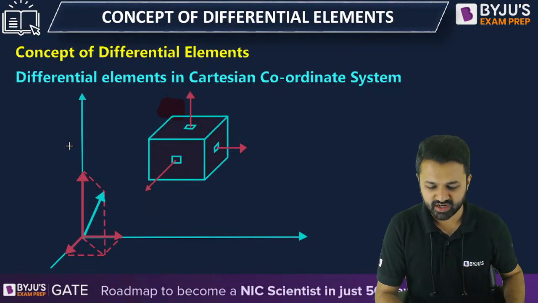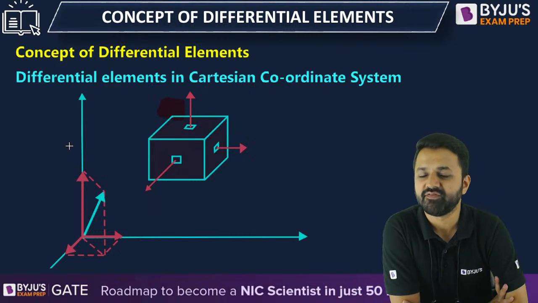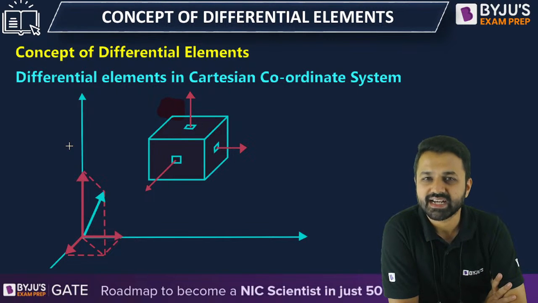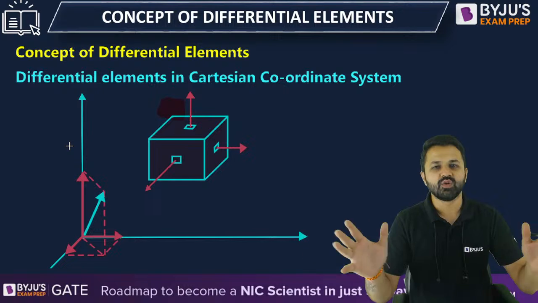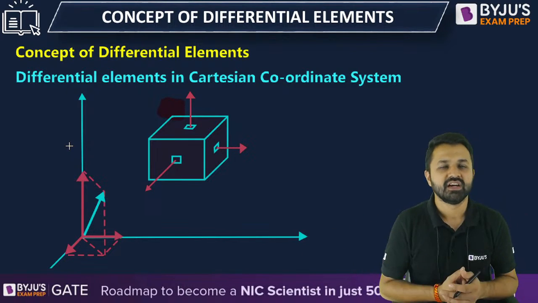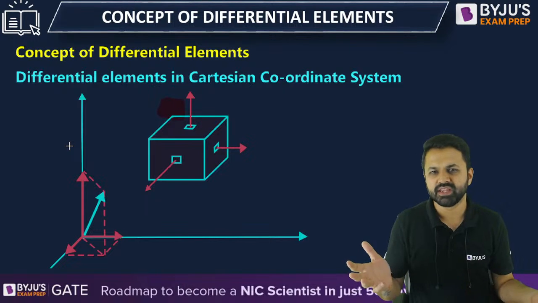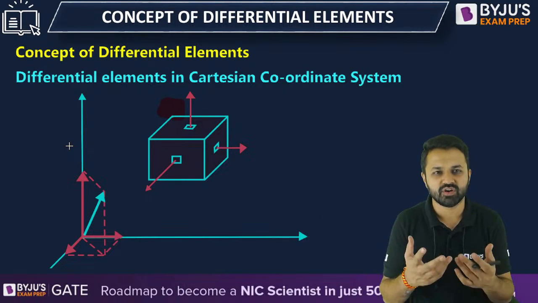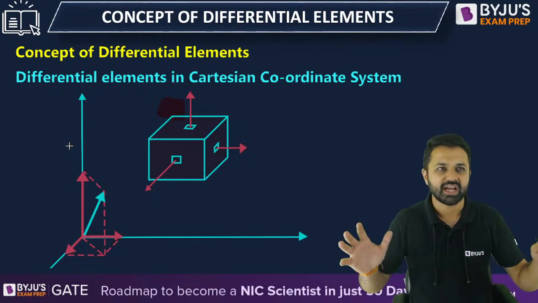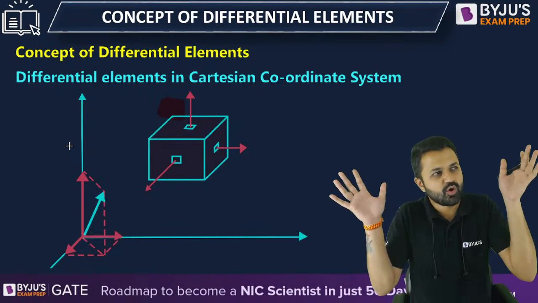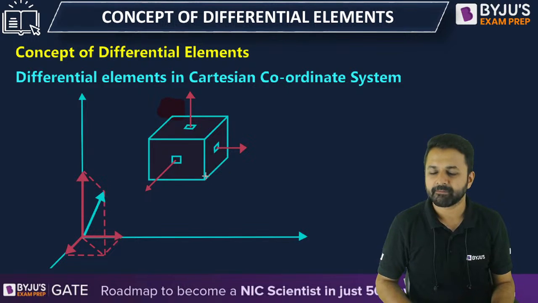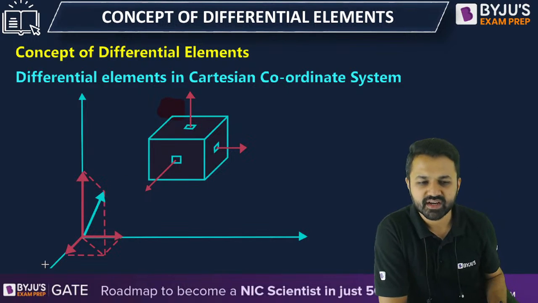So let's go into today's topic, which is the differential elements. In the Cartesian coordinate system, we look at the space in the form of a cuboid, in the shape of your room. You can see the room of your house as a Cartesian coordinate system. The whole space is what we want to cover, and our room is like a small differential object. So I am taking one small object, which is the differential volume in the Cartesian coordinate system.